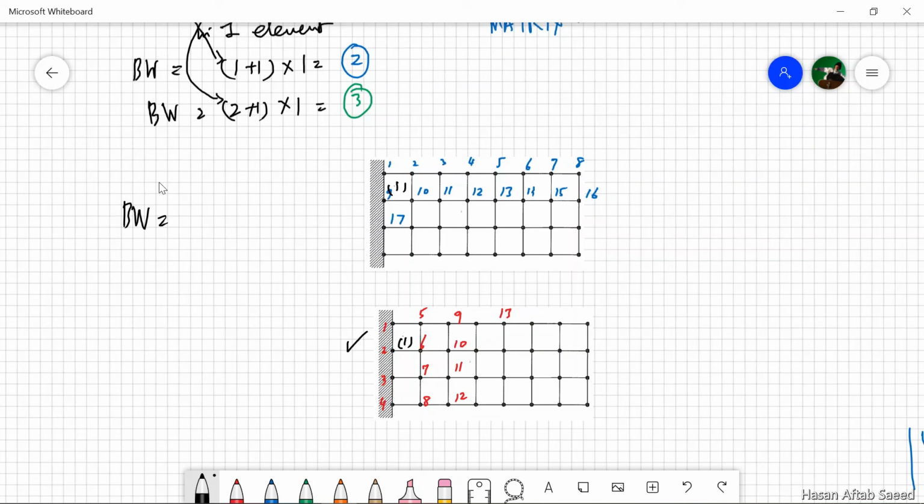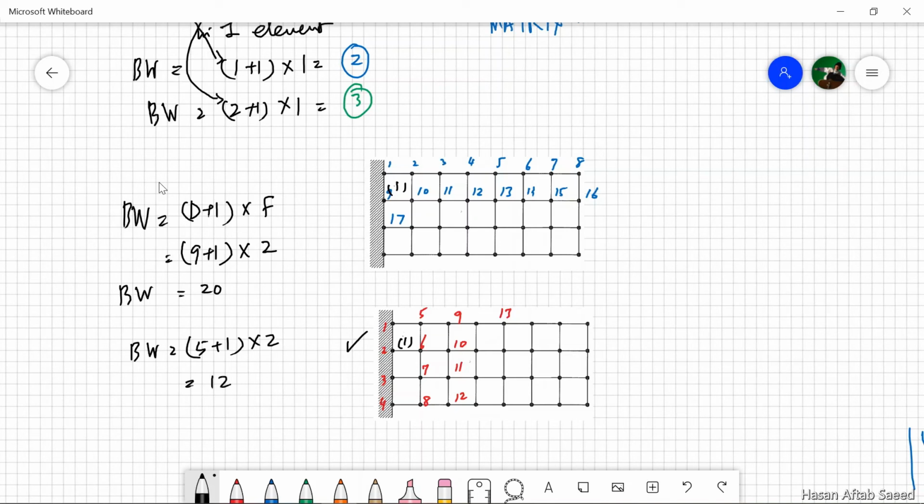Now you have (D plus 1) into F. In this case, D is 9, so (9 plus 1) into 2 for a 2D problem, so you have a bandwidth of 20. In the second problem, the difference is 5, so (5 plus 1) into 2, then you have 12. So what we're talking about here is a lot of reduction